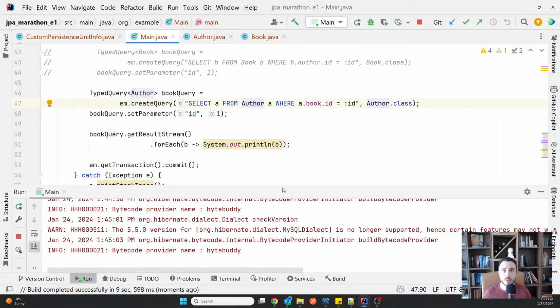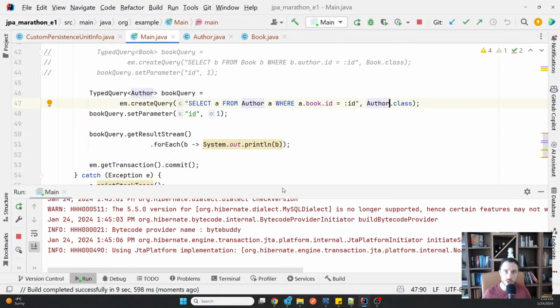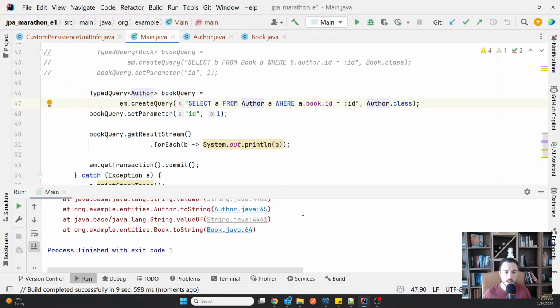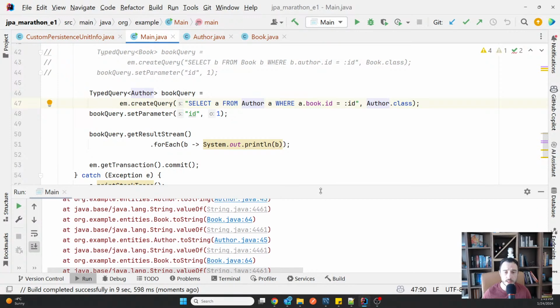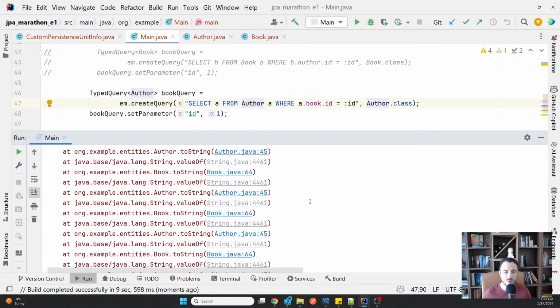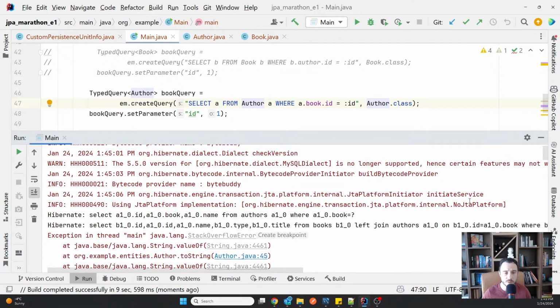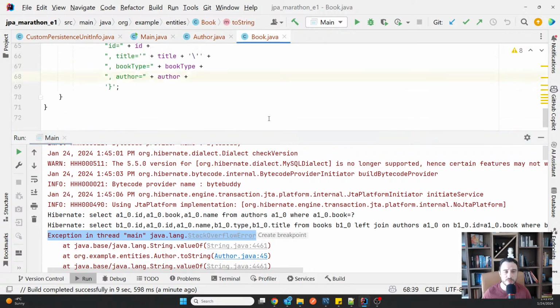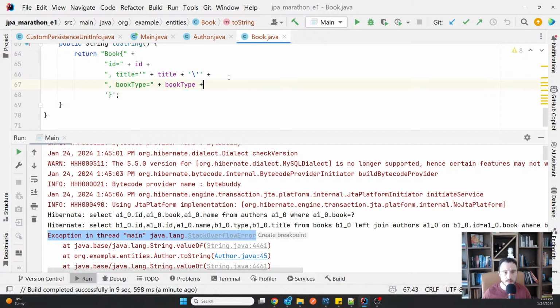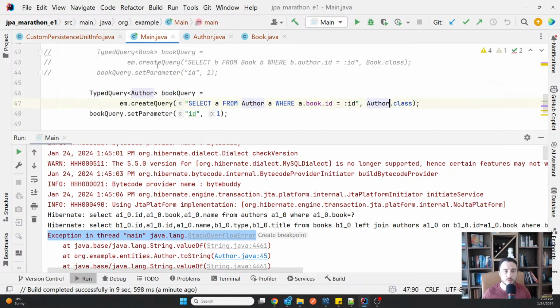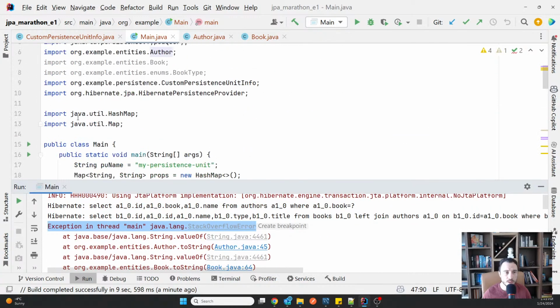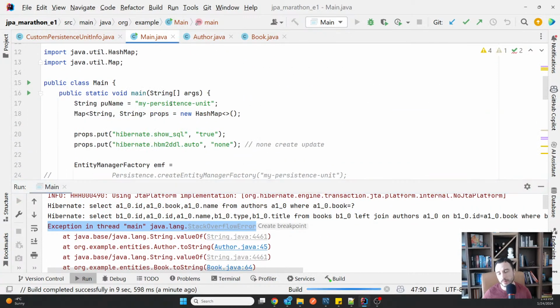Whenever the toString wants to print something, it tries to print the other instance, which goes back to the previous, which goes to the other, which goes back to the previous, which goes to the other, and then of course you end up with this nice Stack Overflow. You can see it here. Yeah, it's a Stack Overflow error. So be very careful never to refer to both sides. So I can do it like that. For example, I can take out the author from the book, assuming I don't need it. And the same problem happens when I print it with a toString.